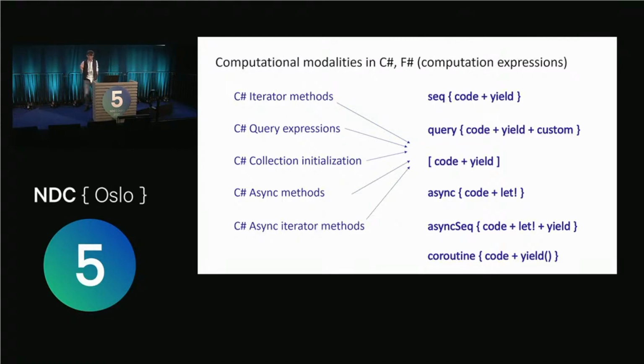If you take a look at what that means, C# say has five different features, all of these things down the left, and they all become the same thing in F#. They all just become a computation expression. I mean, you get different computation expressions, but they're one language feature under the hood. And there's a whole history to how this came about. You can see some of my talks from during the year on the history of F#. But the fact that we have this thing called computation expressions that lets you do so many different things, and many, many more as well,